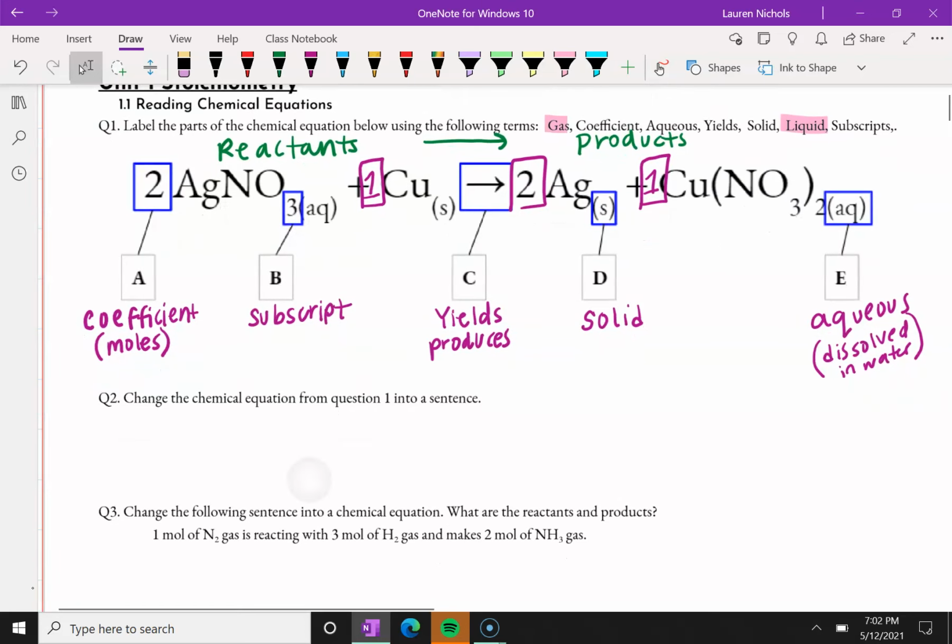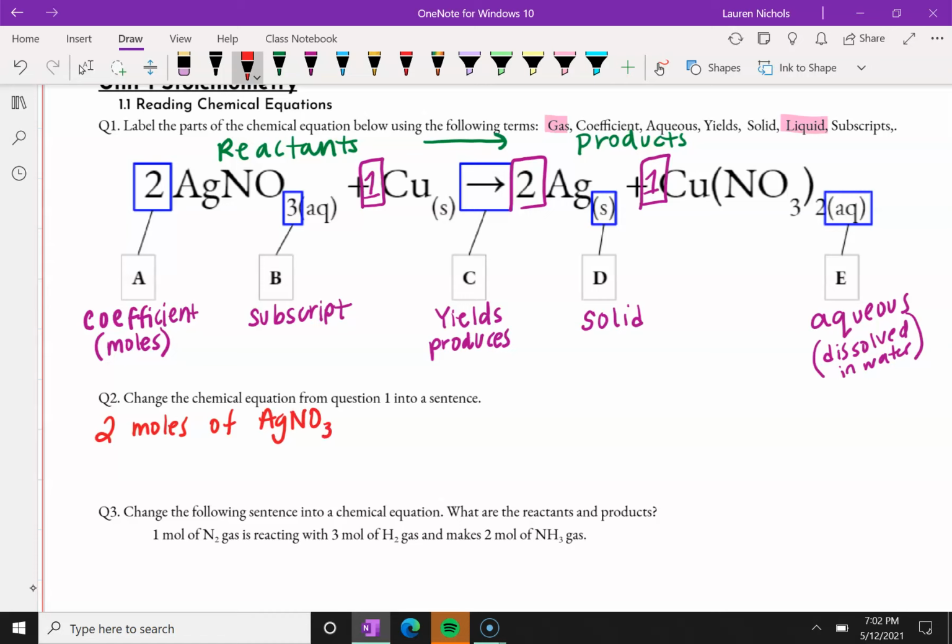And so one thing we talked about was how to change these chemical equations into the sentences that they represent, which is basically how you would say it out loud. You would not read this and say 2AgNO3 parenthesis AQ parenthesis plus 1. That's not how you would actually say it out loud if you were, quote unquote, reading it. What you would do is, we know that the 2 represents our moles. So we would say that this equation has 2 moles of silver nitrate,